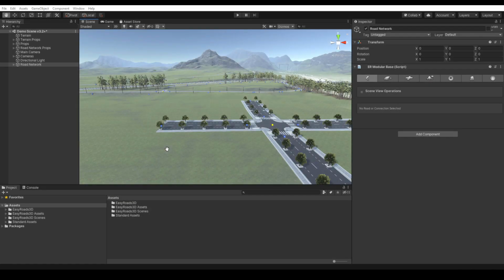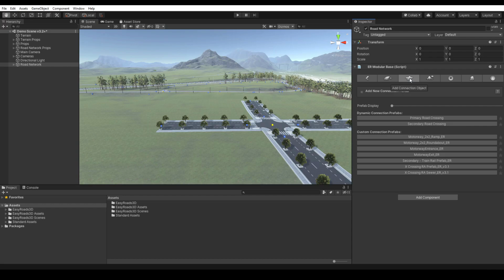Hello and welcome to another EasyRoads3D tutorial video. In this episode, we will be looking at how you can use your own intersection or crossroad models within the EasyRoads3D system. In the introduction video, we saw that EasyRoads3D supports two different connection types: dynamic built-in connection prefabs and